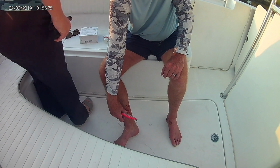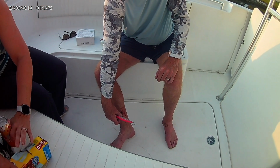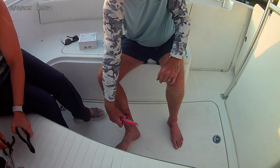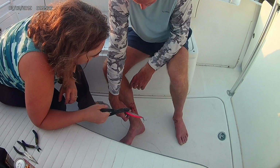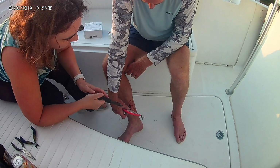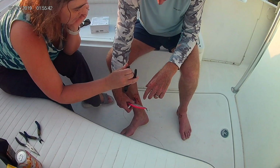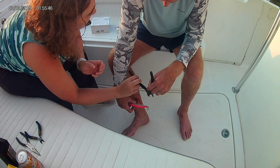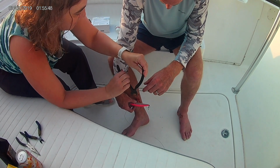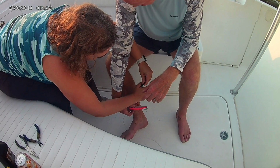And then I realized I had just had the boat in for service. I had brand new engine trim motors put on, both engines. And when I have the boat in for service, I usually take my more expensive toolkits and tackle boxes off, and my first aid kit. So I realized I got out there and did not have that on, so I had nothing to get this hook out of my leg out there. So I cut the line, let the hook dangle all the way back into the dock,